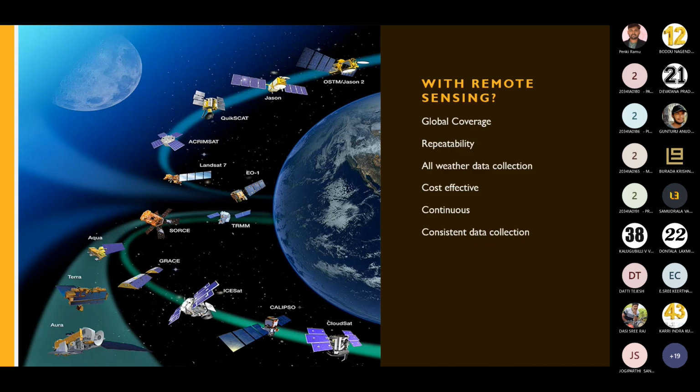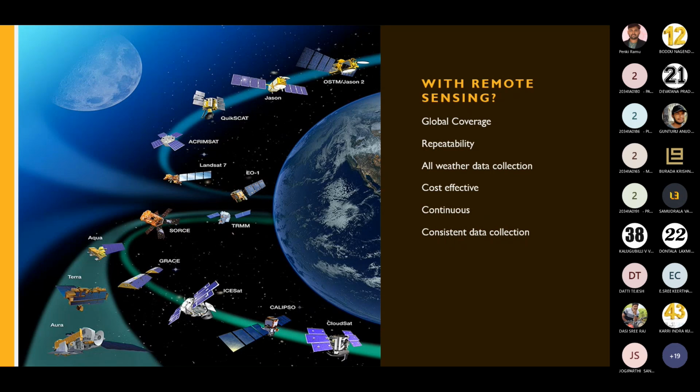If I'm talking about a small region over Vizag, let's talk about that Vizag beach only. If you are studying that Vizag beach, that beach will be covered by so many satellites. It will be pictured by so many satellites, for example QuickSat, Landsat, Grace, ISAT. So many satellites are there, and these satellites work in different electromagnetic wave ranges. So they provide different types of data for studying the same area.